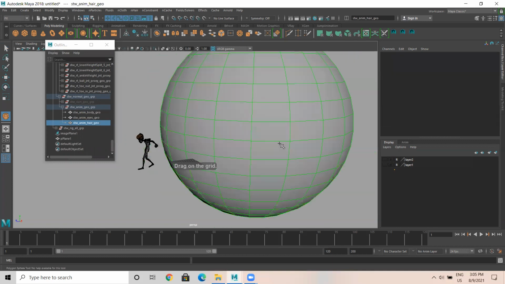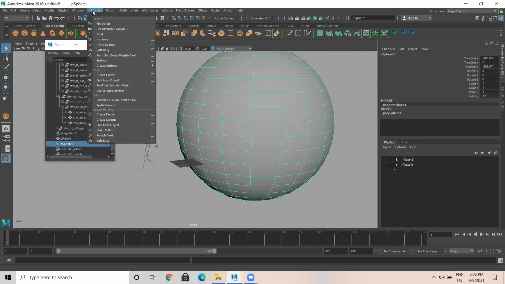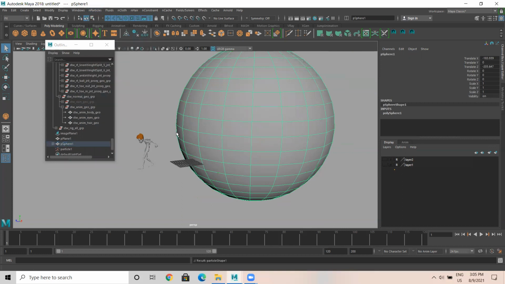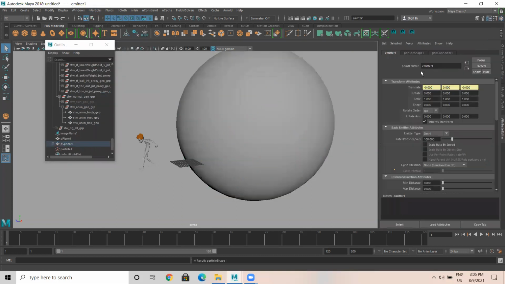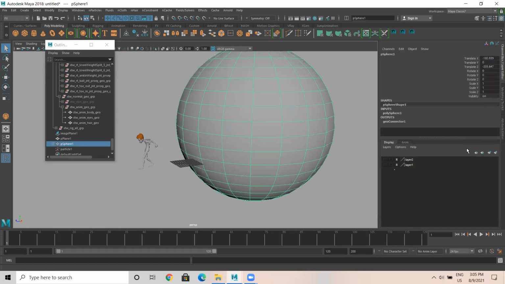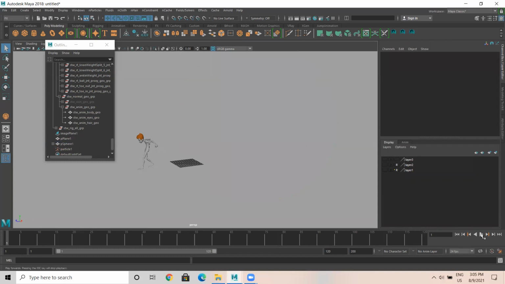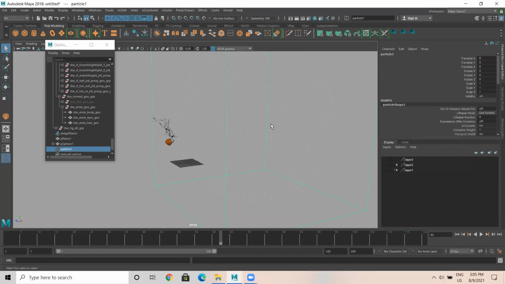Again, let's create a sphere here, and from the sphere go to nParticle, emit from object, and the emitter should be surface. Instead of 100, I make it 1000. Then what I do, I select this object. Let me add this into another layer so that when I play, I should get particle, which I'm getting.